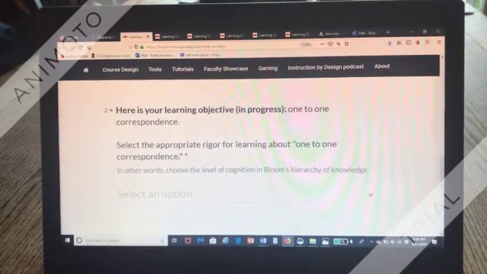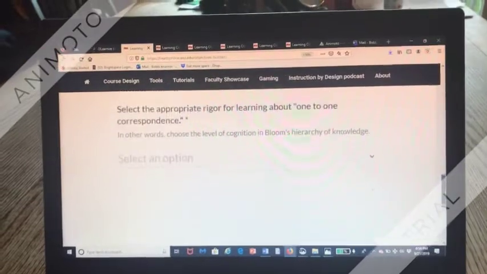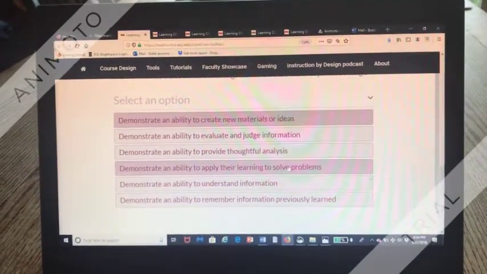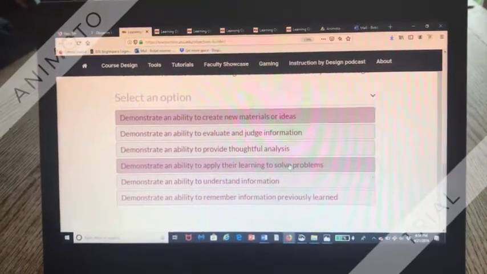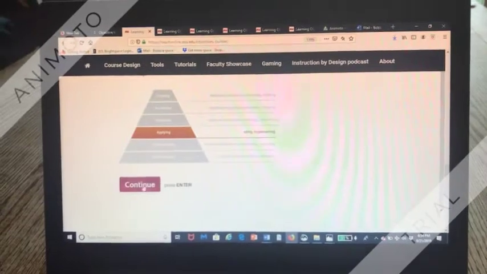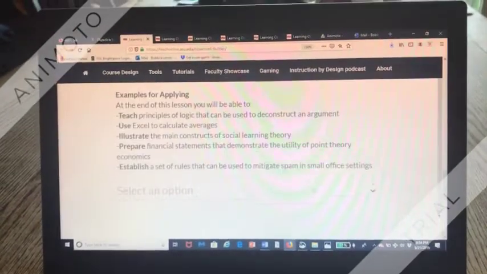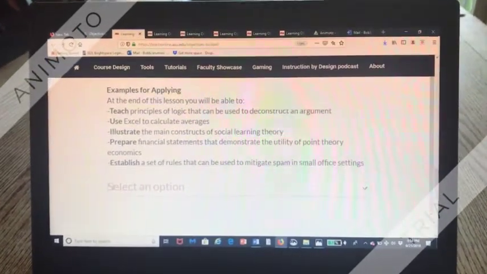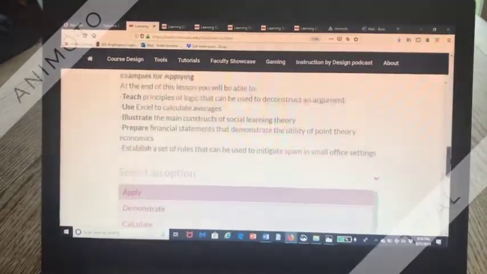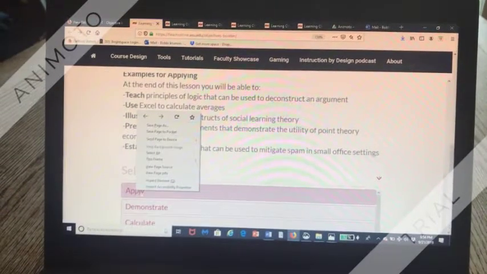And then you're going to pick a level in Bloom's that you want your student to be at. So you push on that arrow, and I'm going to do demonstrate an ability to apply their learning to solve problems. So I'm going to continue. And now the end is I want them, better watch out because it does that a lot. I want them to apply,